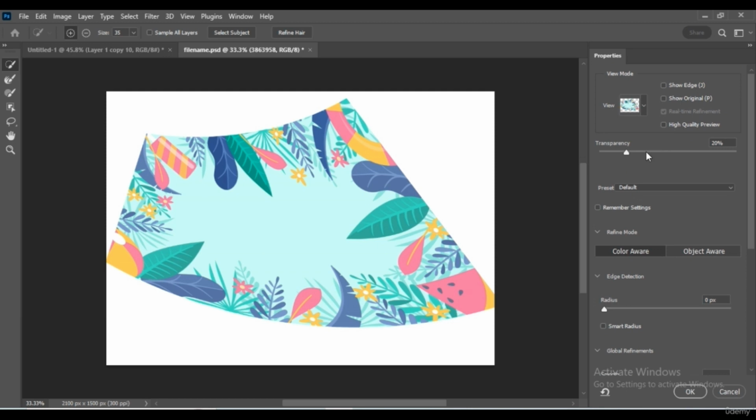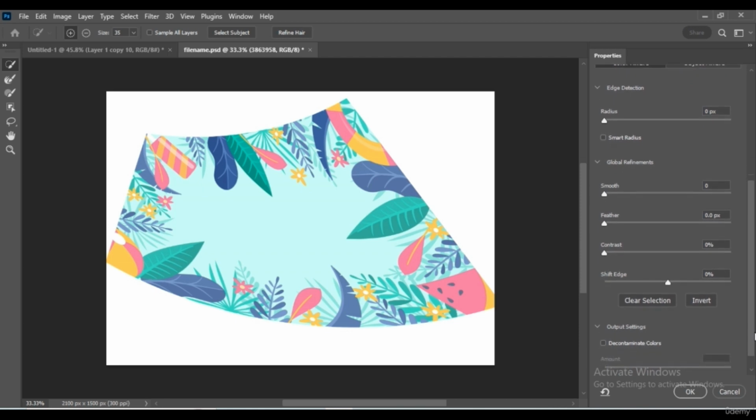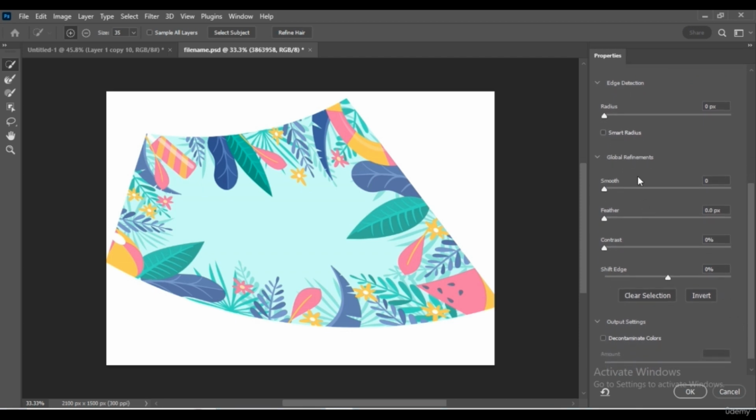In here, in the properties tab, you can see this edge detection over here. Is to detect the edges. We can increase the radius.